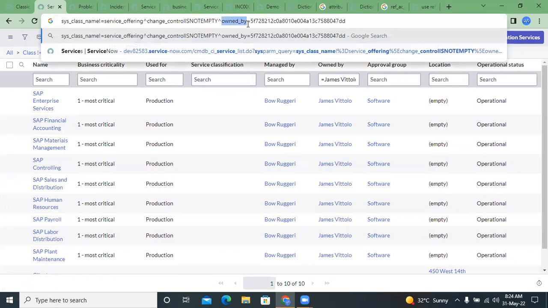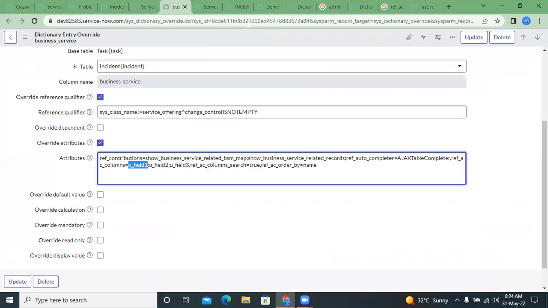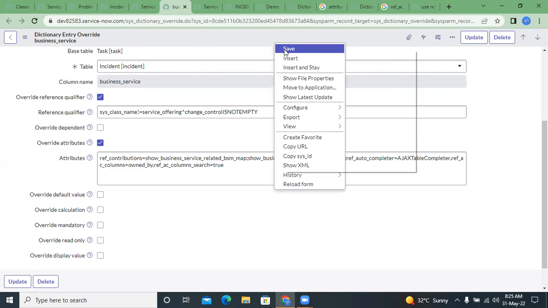Owned by is just owned by, so I can use owned by. And do you want order by? As of now, I don't want order by, so I'll remove it. If I save it,